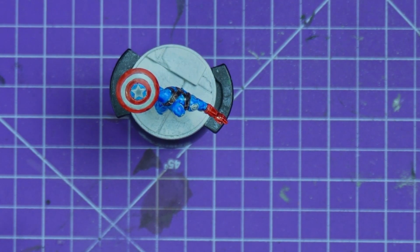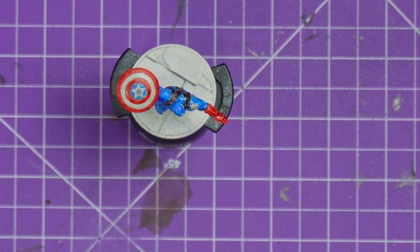All that's left to do now is the base. I'm just going to hit it with Gravelord Grey and some Abaddon Black to do the rim. And we'll call it finished, and let me grab some glamour shots and let me know what you think in the comments below. Hopefully we'll be back very soon in the Marvel series doing a Baron Zemo or a Crossbones,